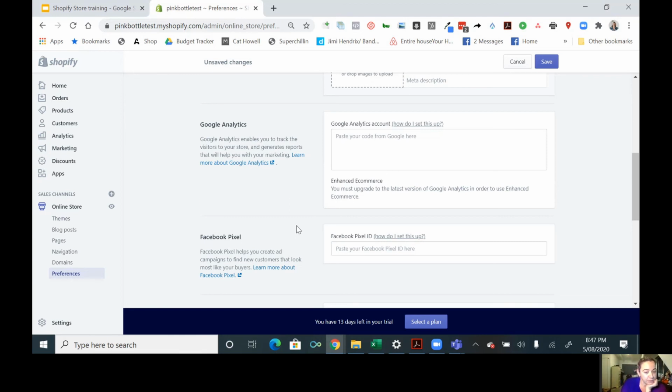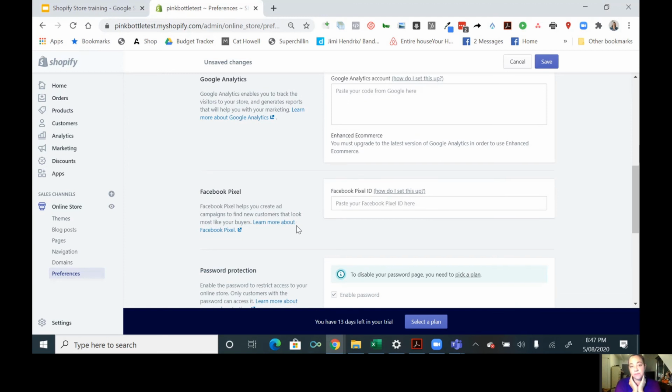The same with the Facebook pixel. Now, just very, very quickly, if you don't know what a Facebook pixel is, a Facebook pixel is a little bit of code you put into your website, or for here, you just put in a unique number. And this is completely legal, by the way, if you're maybe a bit freaked out by this, you put your Facebook pixel ID in, and it will start to track anyone who is logged into Facebook, which majority of people are,